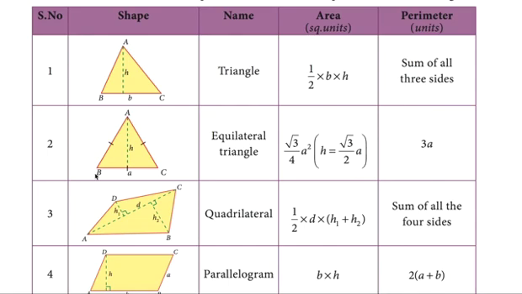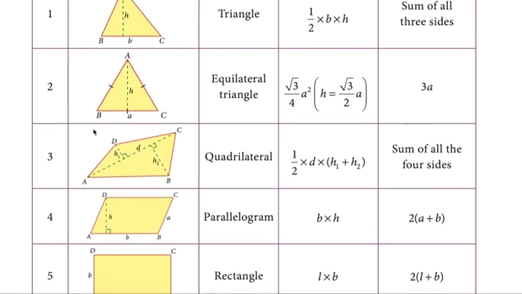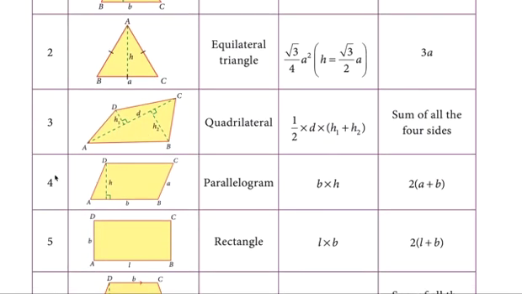No, we reduced the formula in lesson 1, right? Let's use it directly. This is not new to us. Quadrilateral: half d into h1 plus h2. What is d? D is the diagonal. And what is h? h1 is the height measured from one corner, h2 is the height measured from the other corner to the diagonal, where they are perpendicular to the diagonal. That is important. h1 is perpendicular to the diagonal, h2 is also perpendicular to the diagonal.